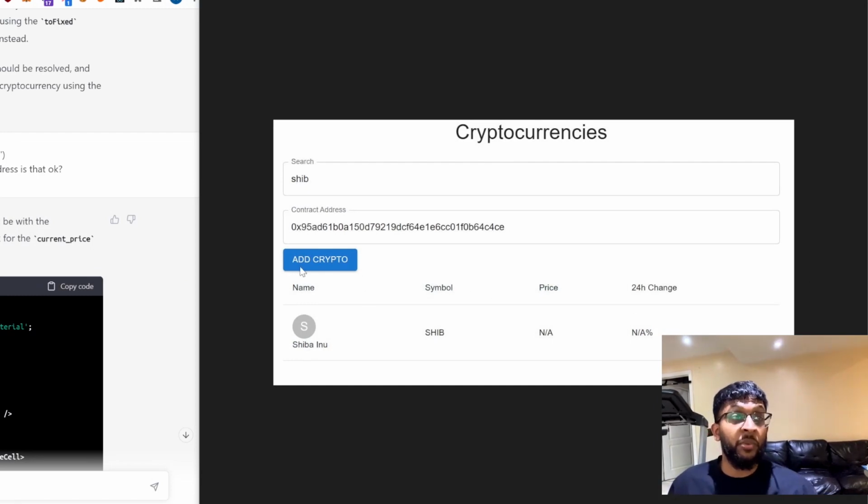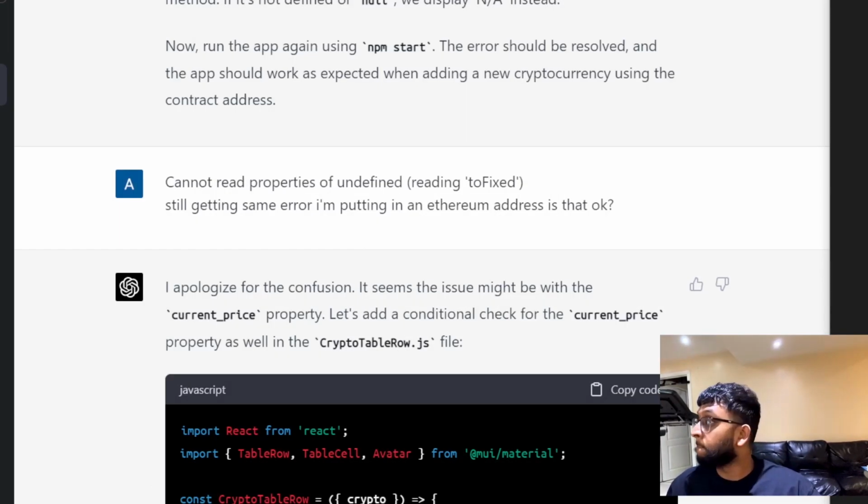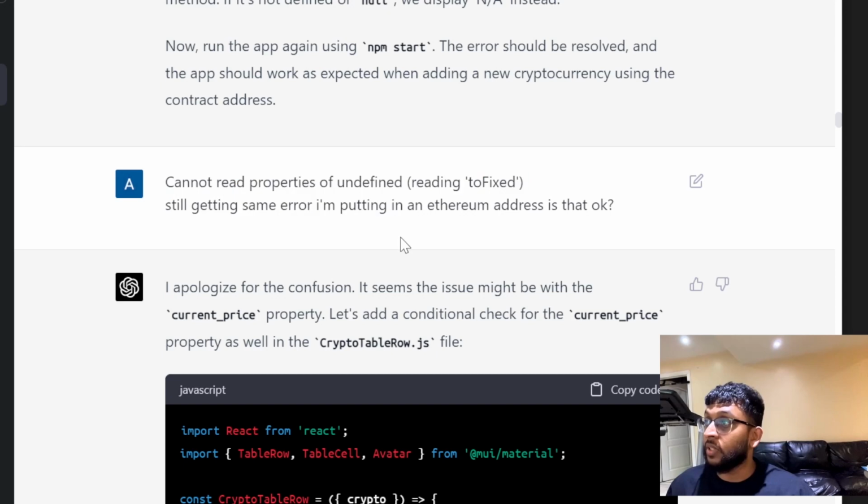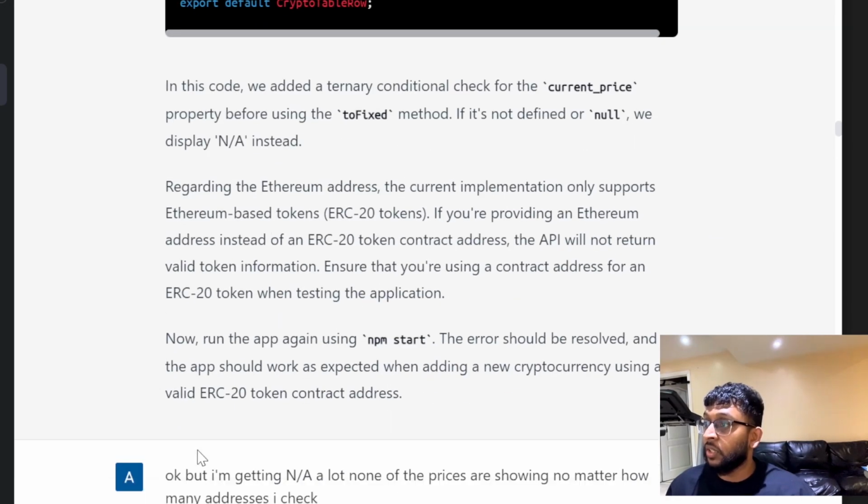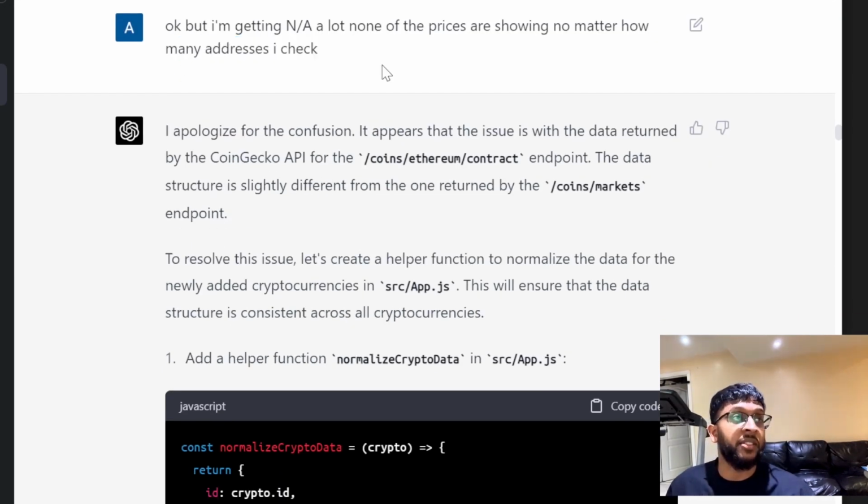So I was able to add that input for the contract address and add a crypto, but there was no information being pulled. It was just the symbol and the name, but the price and the rest weren't really being pulled there. So I kept going. So, I can't read properties. Okay, and then I got errors. So at this point I said I'm getting not available for a lot of these prices. And then it was like, bro,